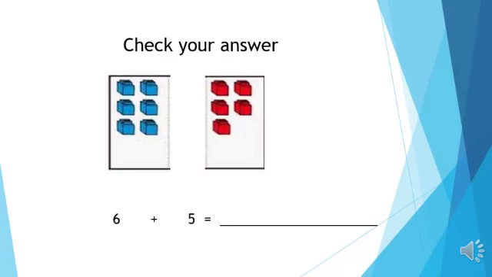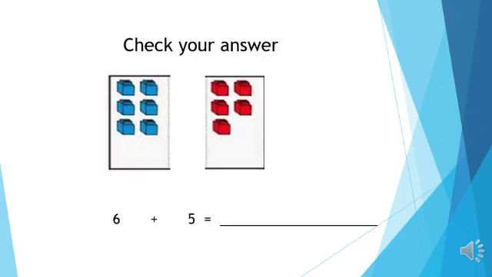So now it's time to check your answers. Are you ready with your answers? Yes? So let's check them. Here the question was, there were 6 cubes in the first group and 5 cubes in the second group. So that means you were supposed to do 6 plus 5, and you were supposed to do the addition by making group of 10 first.